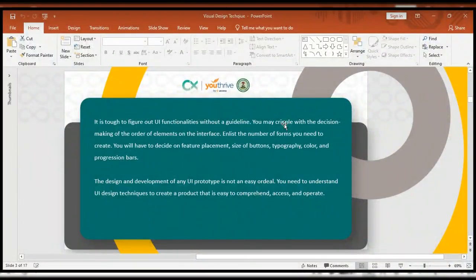You get? So that is what it means. It is tough to figure out UI functionality without a guideline. You may be crippled with the decision making on the order of elements on the interface. Now, this is what it means. And let's see what it means now. For when a task is given to you guys, okay,